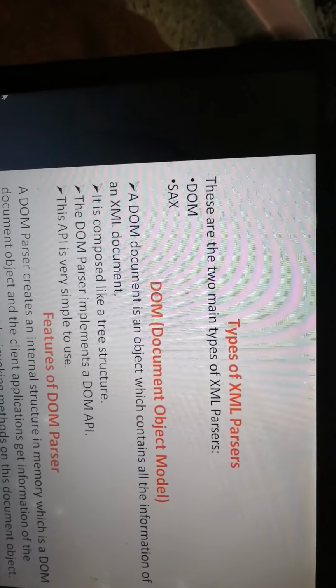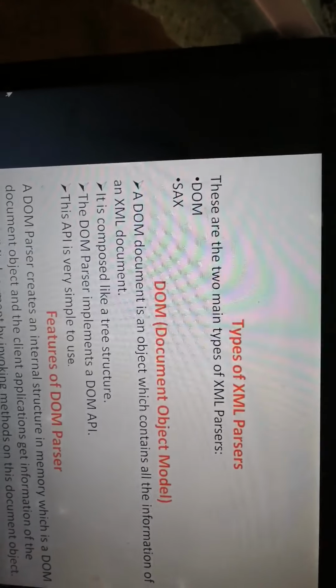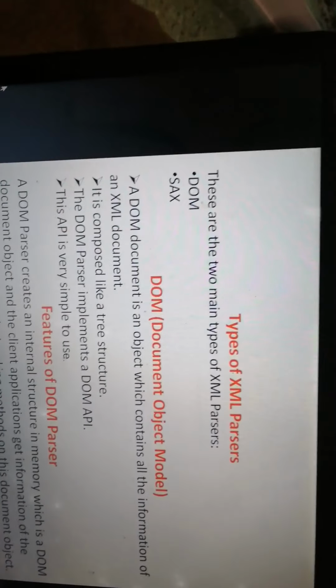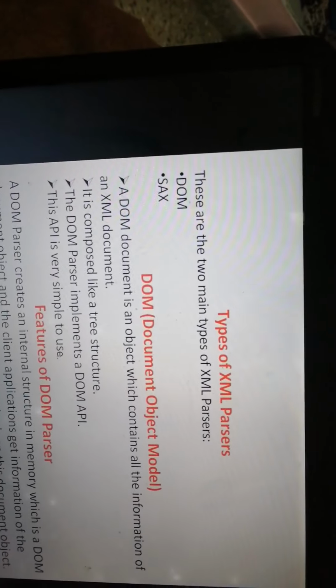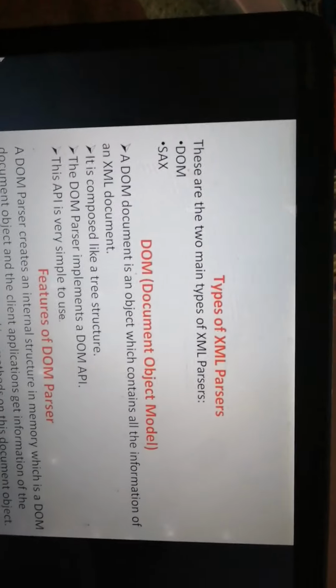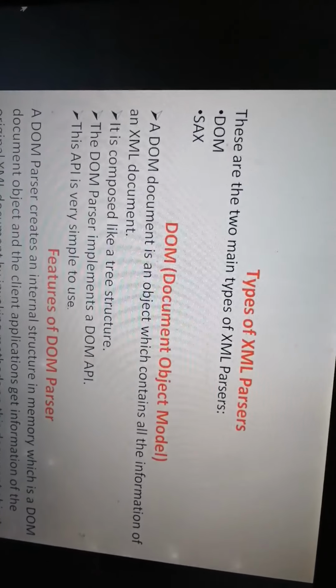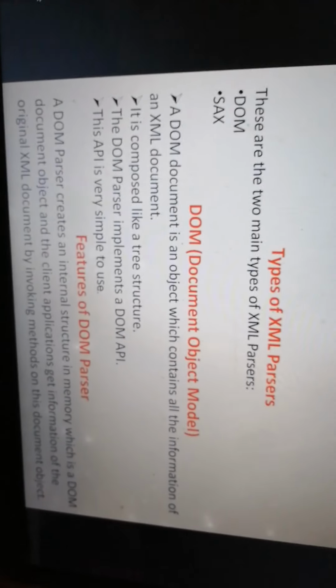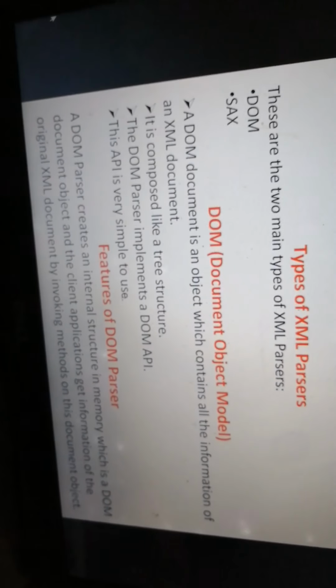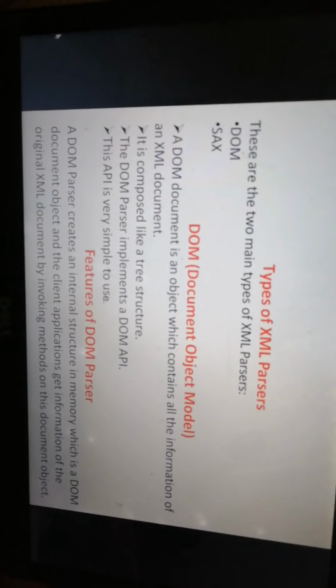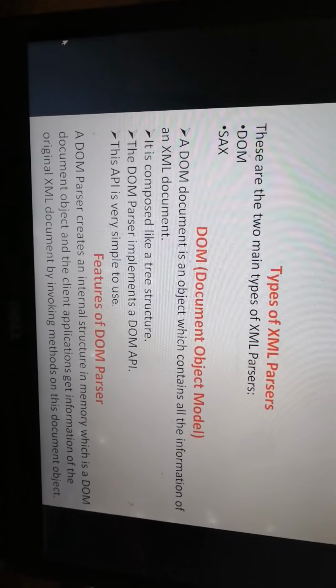So we need to make this XML document accessible to the different programming environments. To do that, we use these parsers.